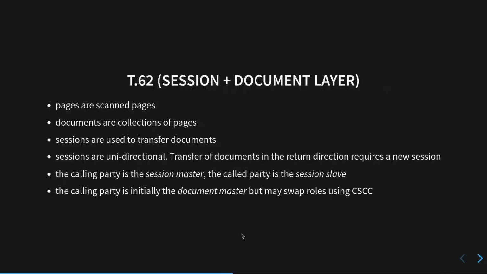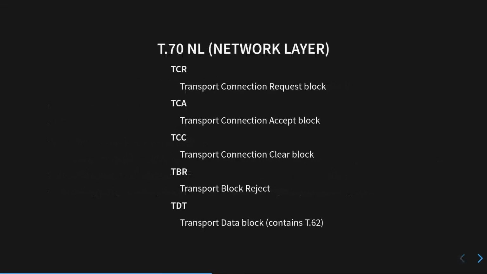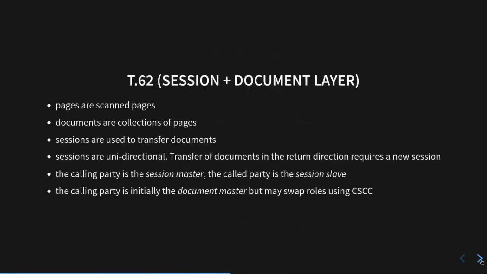Now the T.62, that's really what... nothing up to this point relates to fax or transmission of pages or text or pixels or anything. This is all just transport stuff, network protocol, transport stuff. And now in T.62, we have a protocol layer, or rather a protocol that has 2 layers, the session and